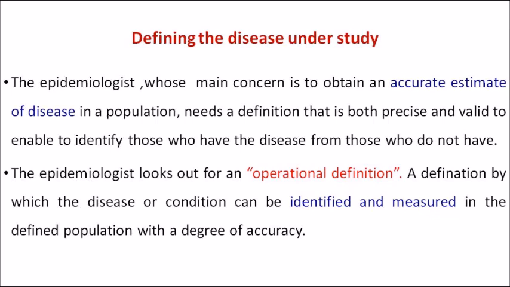A qualitative variable, we are quantifying it, expressing it in terms of percentages. Finally, we'll express everything in terms of percentages. So that is what we need to define the disease under study. We need the quantity, we need to know how to measure a disease. So that is the second step. The third step is describing the disease.